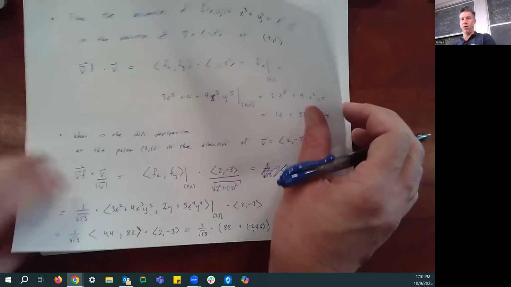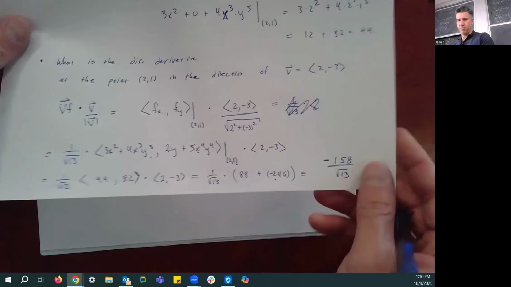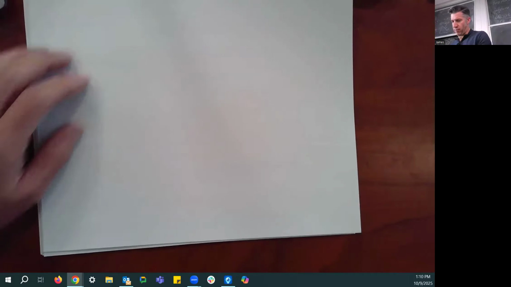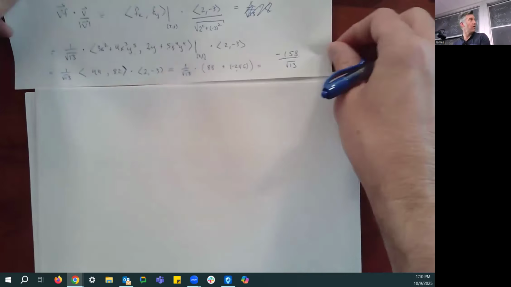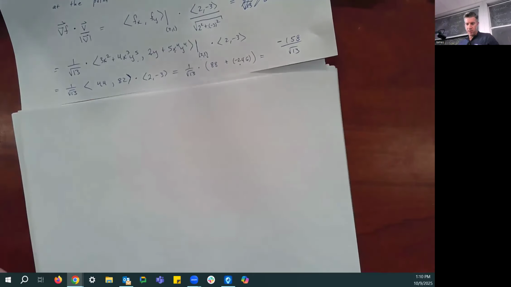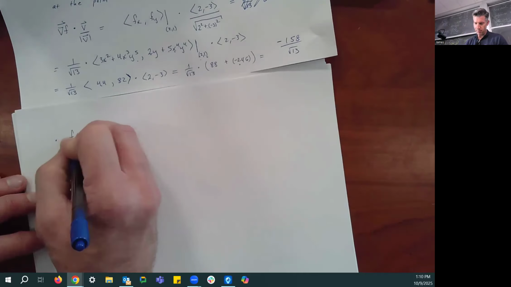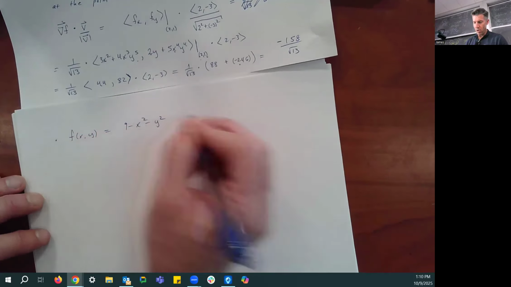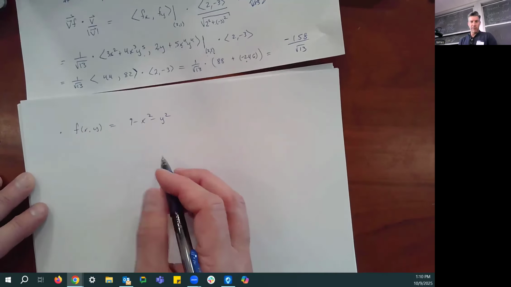Let's go back to our previous example. No, let's actually not. Sorry. Actually, yes. Sorry. I know I keep going back and forth. So back to our beginning example of our function being 9 minus x squared minus y squared. Let's say we want to find